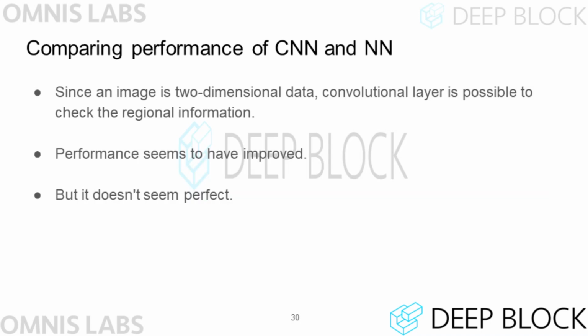Since an image is two-dimensional data, it becomes difficult to understand the meaning of the data after flattening unless spatial information is compressed and the size is reduced. However, if the convolutional layer is used, the size of the 2D data can be reduced by compressing it, and it becomes easier to understand the data in the next layer even after flattening it. And although the performance of the model has improved compared to before, it seems that it's still necessary to improve the accuracy of the model.